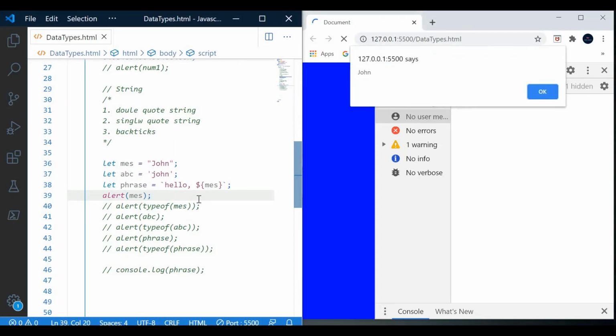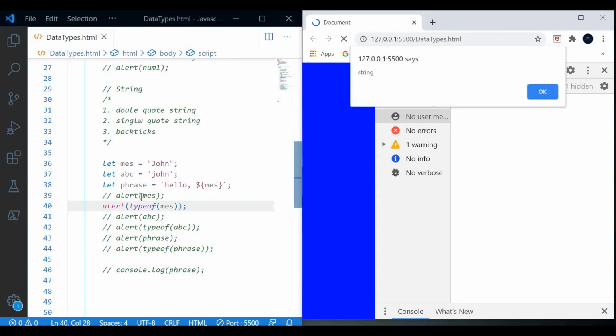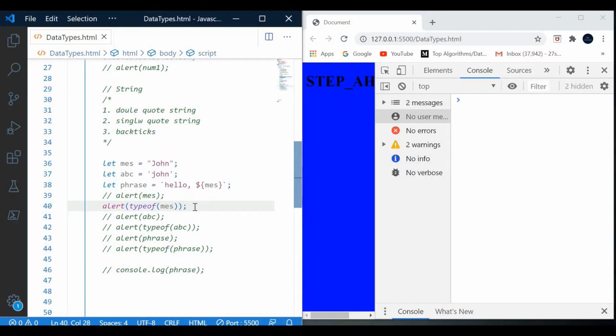This one gives output John. We will again comment it. After that we will comment this one, uncomment this one, and we will check that our mess variable is of string type, which is correct. We will again comment it. Now we will skip one step from here to here.